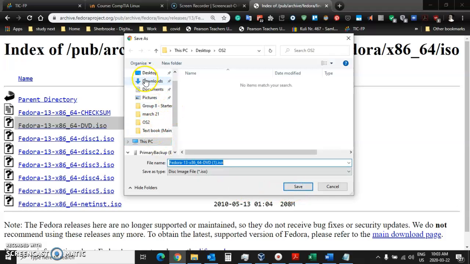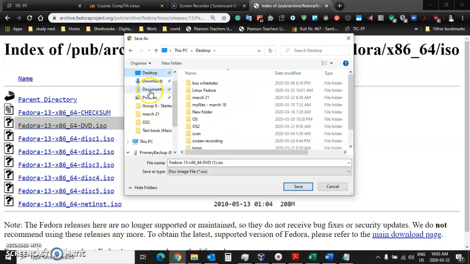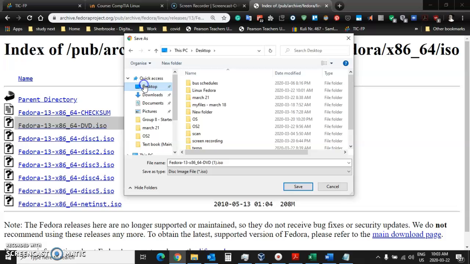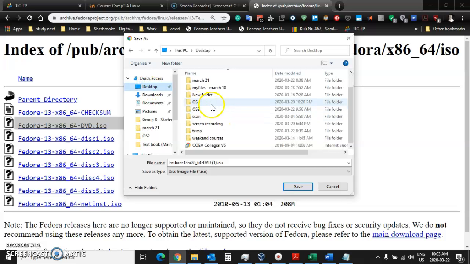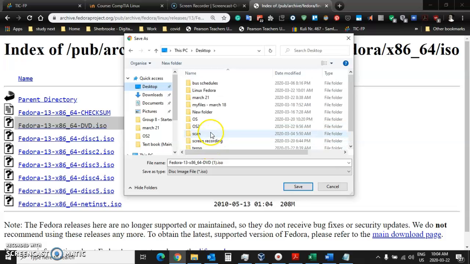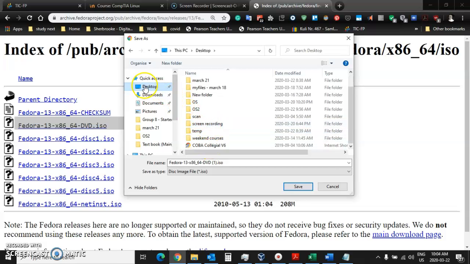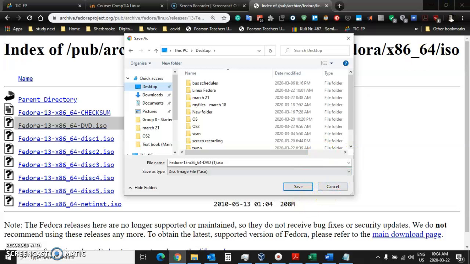Sometimes when you save a file, it goes to downloads. Sometimes it goes to pictures or desktop. It will actually save it to the last place you saved it. What I want to do is click on desktop, and find that folder that I just created. Do you remember the operating system folder? That's where we're going to save it to. So let me go to my